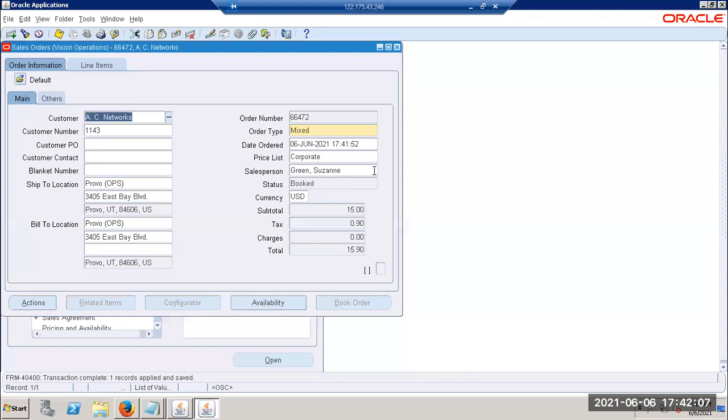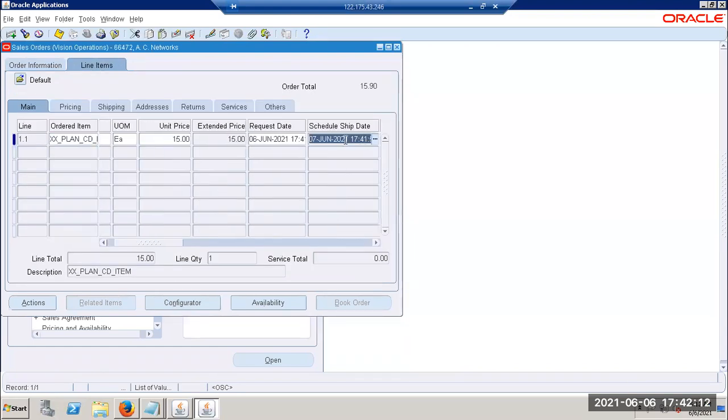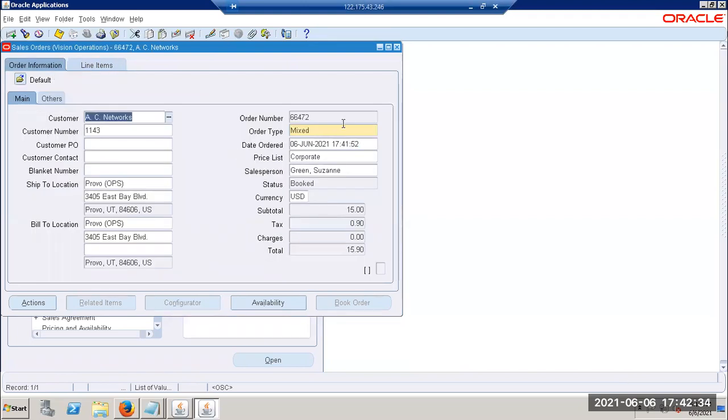We have not a scheduling rule. You just see the scheduling date, what it is arrived. Same. 541. Okay, so earlier what we have taken during that time, same only. It has taken the same way, na? Yeah. It did not allow us to change the date. Okay, that's fine. So you have created an order now, 66472. Copy that order.